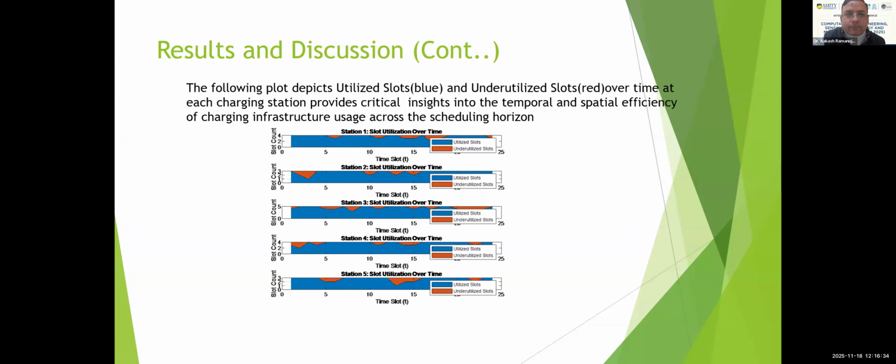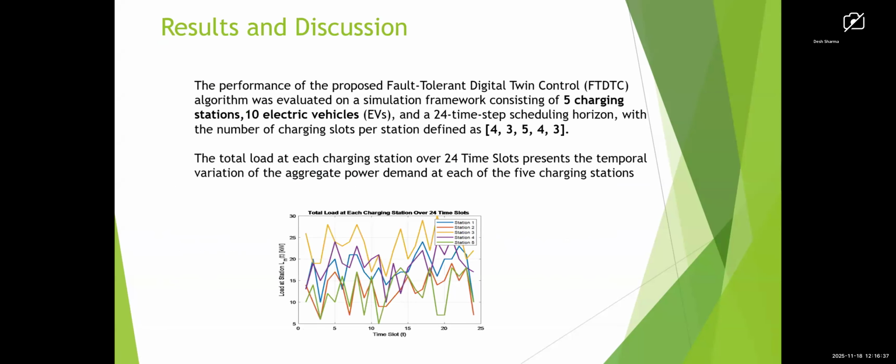Yes, can you go back to the previous slide? This one? Yes, this one. In this slide, you are showing stations 1, 2, 3, 4, 5. Station 3 is showing higher. Do you think this graph represents this rightly? Yeah, station 3 has more load, and the other loads are redistributed accordingly. We consider that the load at station 3 is higher and the other loads are distributed to the other charging stations